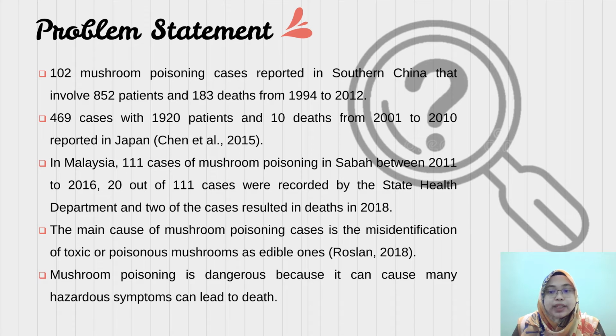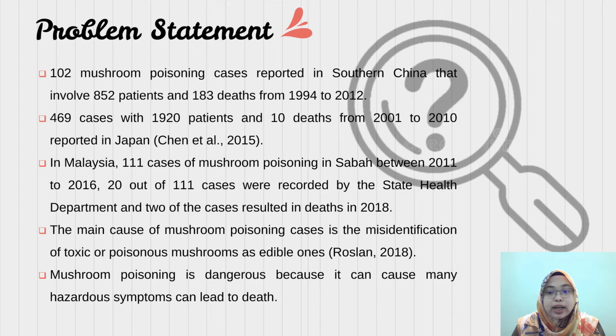This is the problem statement, which is the mushroom poisoning. Throughout the years, there have been many mushroom poisoning cases reported in the world, including in Malaysia. For example, there were 102 mushroom poisoning cases reported in southern China that involved 852 patients and 183 deaths from 1994 to 2012. And there were also 469 cases with 1,920 patients and 10 deaths from 2001 to 2010 reported